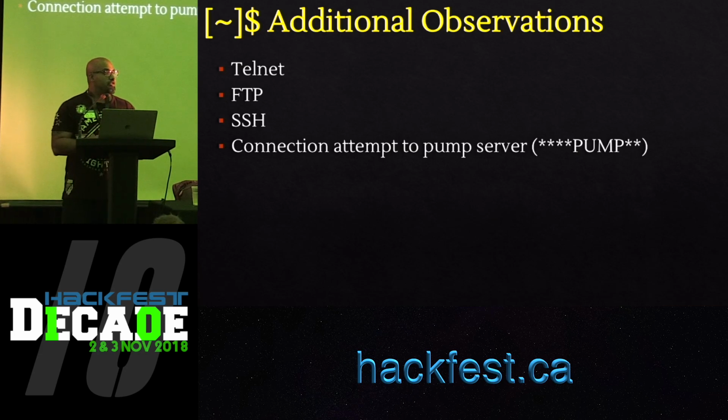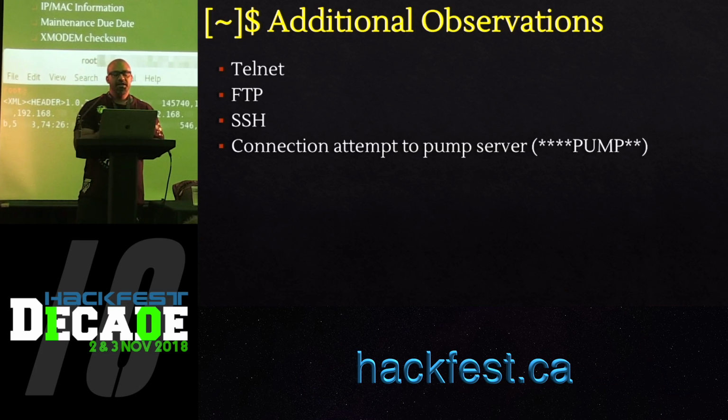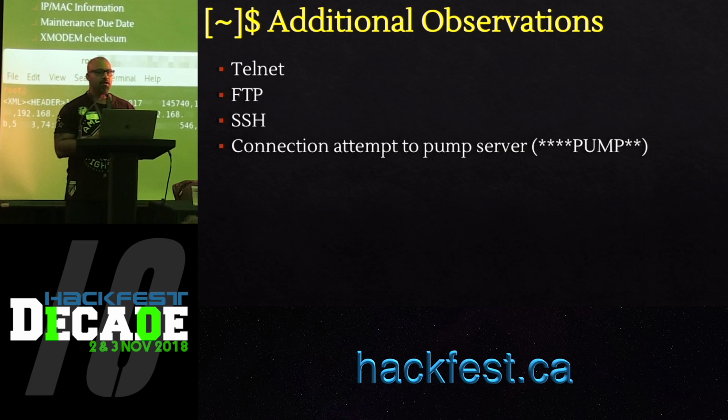So we spun up a virtual machine, gave it the same NetBIOS name the Infusion Pump was looking for, and just brought it up in the network. As soon as that happened, the Infusion Pump started to send packets to the pump server. We studied the packets for a while, and it looked like it was loosely based on XML, and we were able to extract certain parameters.